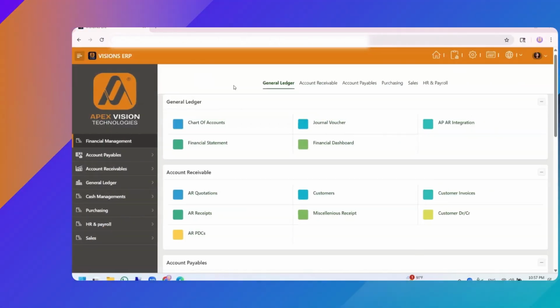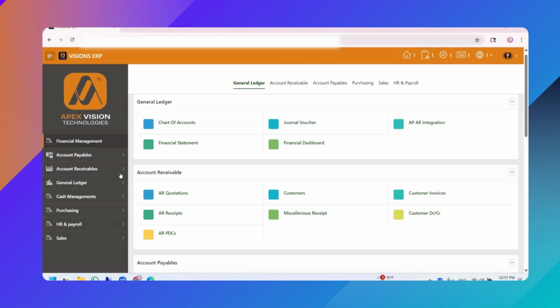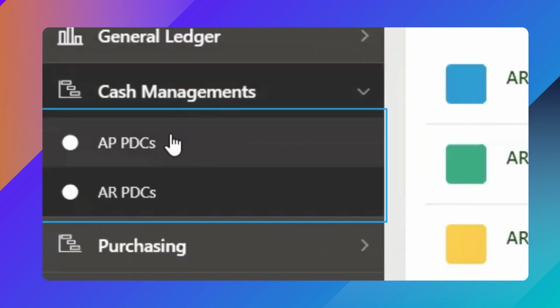Today we'll be discussing cash management. In this module, you'll learn what actions you can perform, especially when it comes to handling post-dated checks, PDCs. Within PDCs, you'll explore what your AP PDC (accounts payable) is, what your AR PDC (accounts receivable) is, and how to